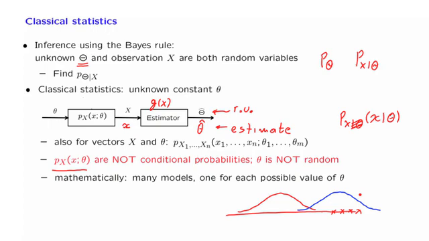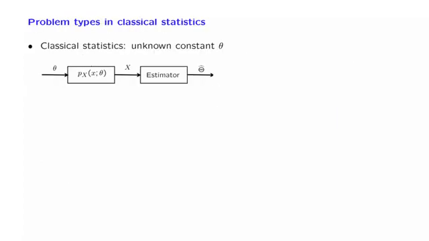So even though we're not treating theta as a random variable and we do not have the Bayes rule in our hands, we can still see, at least from this trivial example, that there should be a reasonable way of making inferences. And let me close with some comments on the different types of problems that we may encounter in